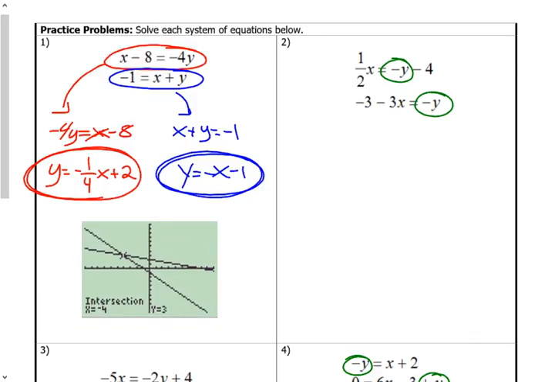Okay. Now, on number 2, I identified that was going to be done by elimination, which is fine. If I'm going to do elimination, though, I need my variables all lined up. So I don't want to do anything until I have them both in standard form. So in this first one, let's go ahead. I think we'll keep the first one the same. And in the second one,